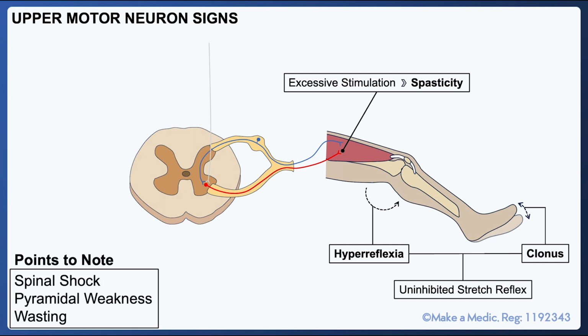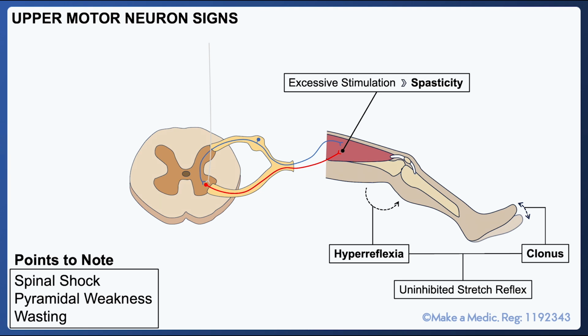There are a couple of final points I'd like to make about this topic. First of all, upper motor neuron lesions may take some time to manifest the signs described. Though the mechanism is not completely understood, the acute phase after an upper motor neuron lesion, like a stroke, causes flaccid paralysis. This temporary loss of spinal reflexes is called spinal shock. After weeks or months, the spinal reflexes will come back and become hyperactive due to the loss of the descending